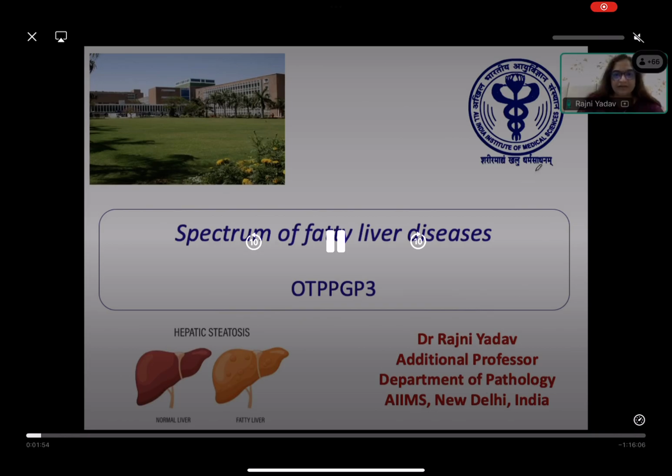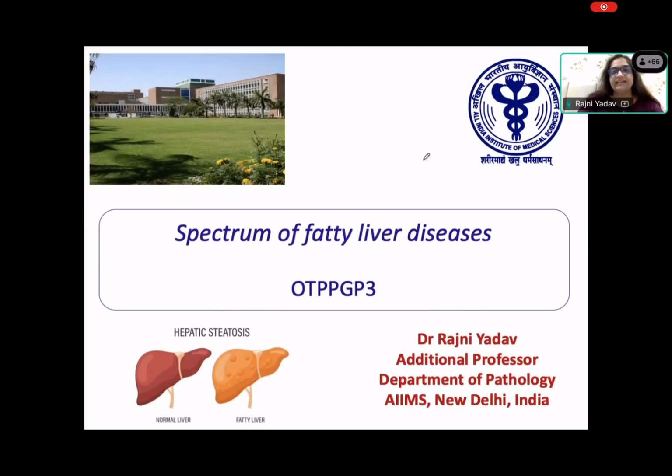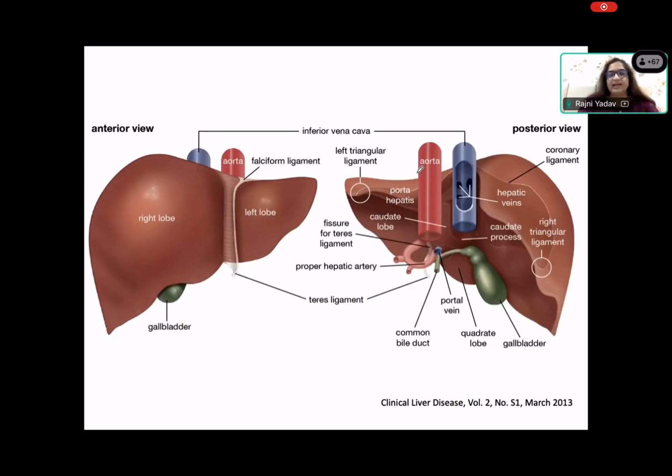Good evening, everyone. I shall be talking today about the spectrum of fatty liver diseases. Since this is the first talk of the liver chapter, let's revise the macroanatomy and the microanatomy of the liver. We all know that the liver has two lobes, the right lobe and the left. The right is much greater than the left, and these are separated by the falciform ligament. This falciform ligament attaches to the anterior abdominal wall, and the base of this is the ligamentum